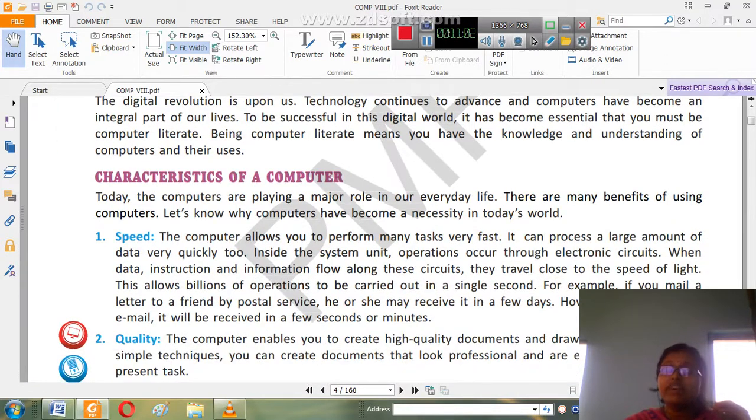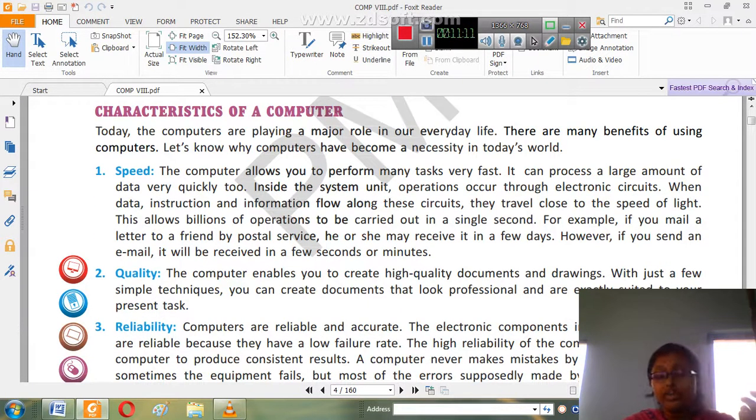Now when we have understood the benefits, the advantages of the computer, then we should also know the characteristics, because without knowing the characteristics we cannot judge how a computer is better than a human being. And what are its disadvantages also. So characteristics always involve both weaknesses and strengths. First we will discuss the strengths and then we'll go for the weaknesses. So among strengths we can say speed is there.